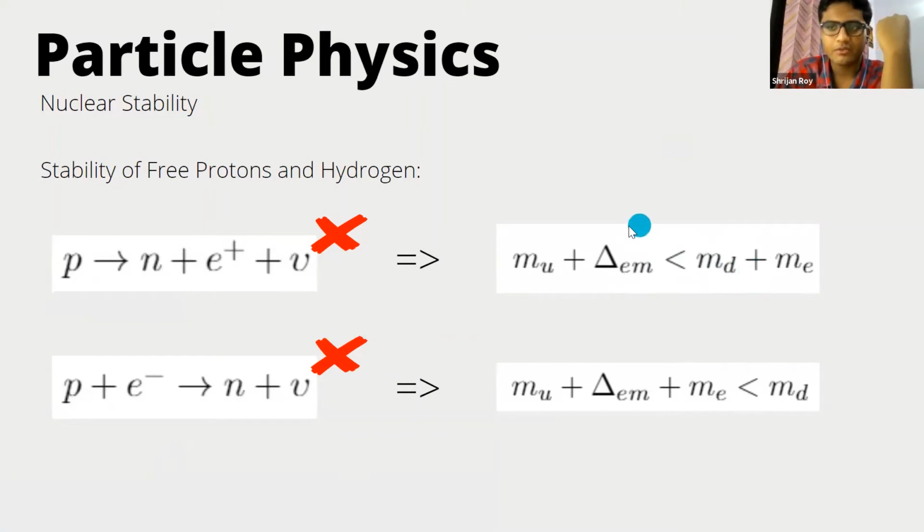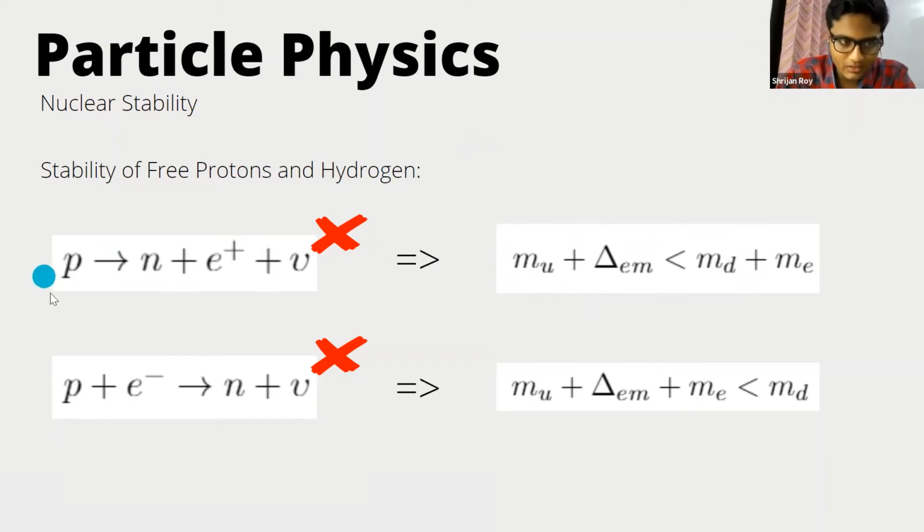Where this delta em factor comes due to the fact that we are now considering the interaction between proton and neutron. When we consider interaction between the proton and neutron and not inside them, there's this additional delta em factor, which is the electromagnetic mass difference between proton and neutron, which comes from QCD analysis through quantum chromodynamics. It comes from QCD and QED both. So yeah, this delta M comes from that. So this constraint is what we get from this.